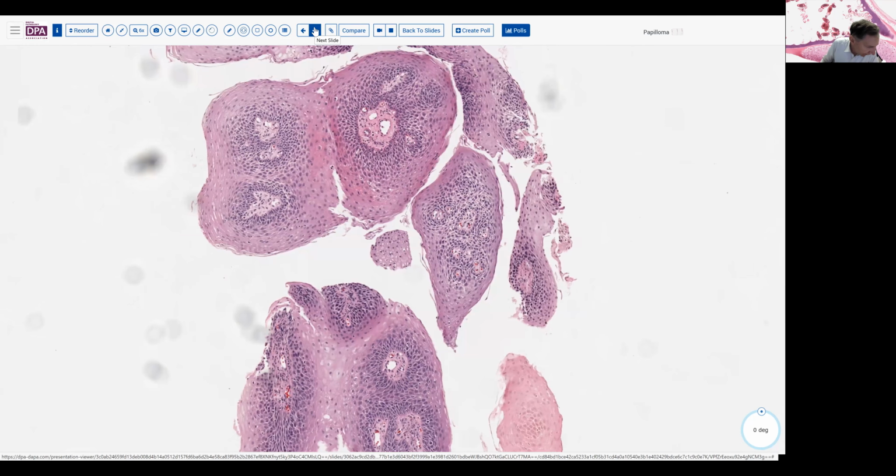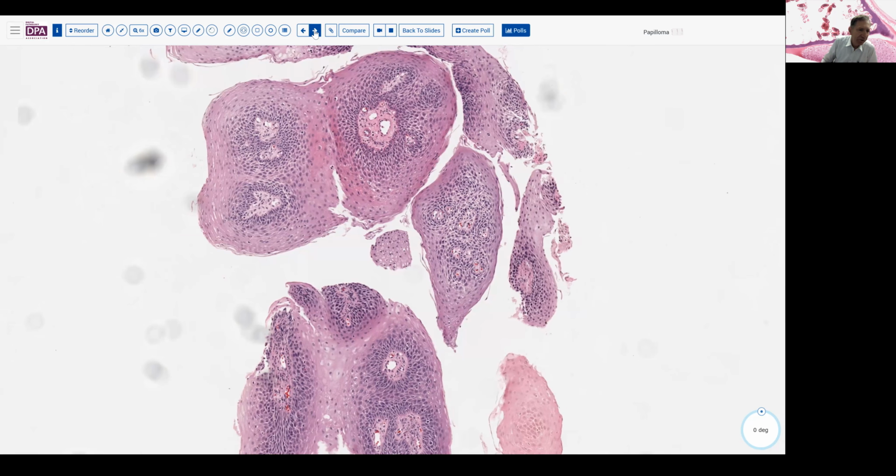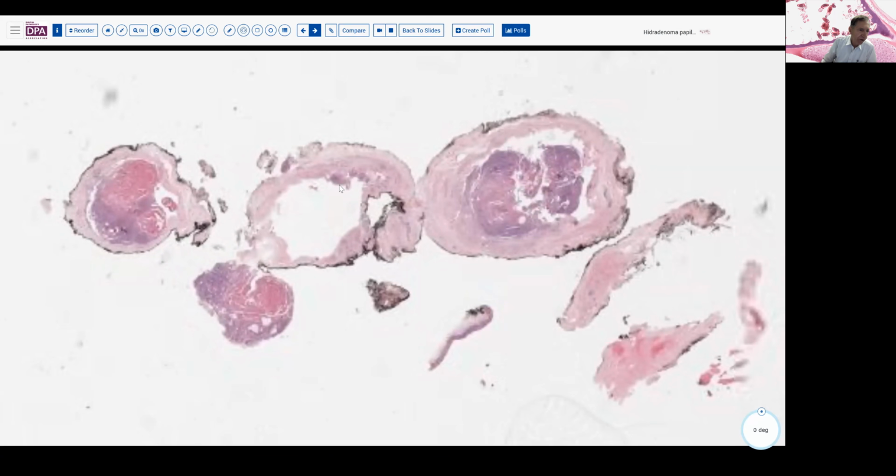That's kind of all I wanted to talk about with that, just to make the distinction between VIN1 and condyloma and these fibroepithelial polyps. So let's go on to another cutaneous lesion, fairly specific to the vulva, although it has a lot of overlap again with breast, because obviously the vulva is part of the milk line. So here's a nice rounded lobulated tumor, and at low magnification we can see there's some very pink areas, there's some slight cystic areas, and there's a number of slit-like spaces associated with this